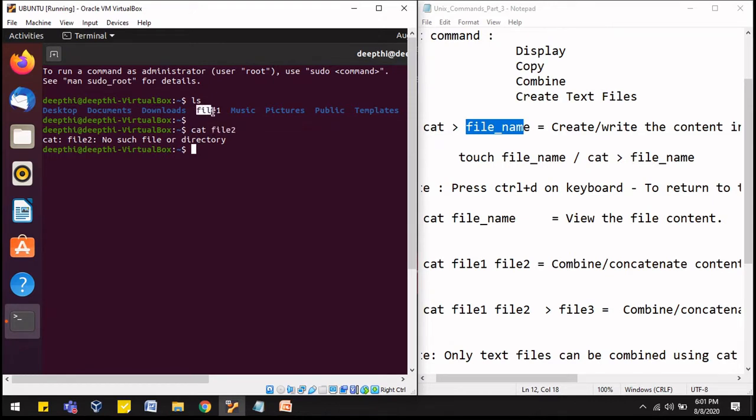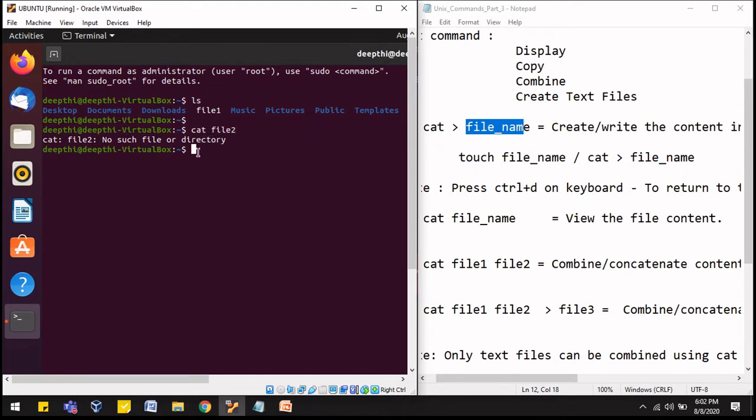But here only one file exists, that is file1, and we are trying to read file2, which is not at all there in your system. So how can you read the file if there is no file named file2? We wanted to create the file, but it is very clear that if there is no file available in the system, you cannot simply read it with the help of cat.